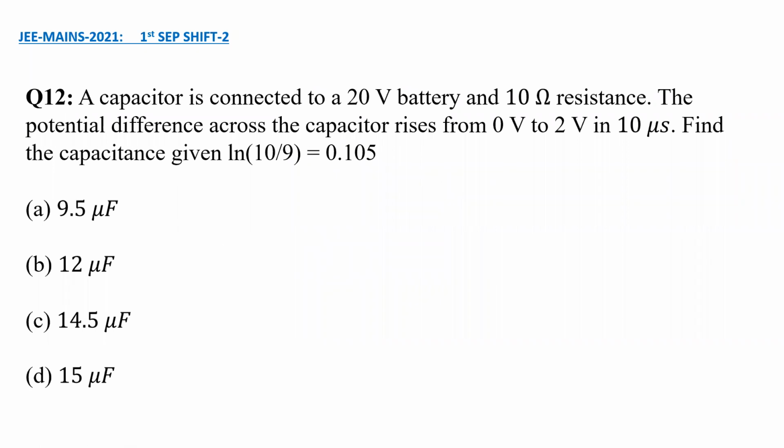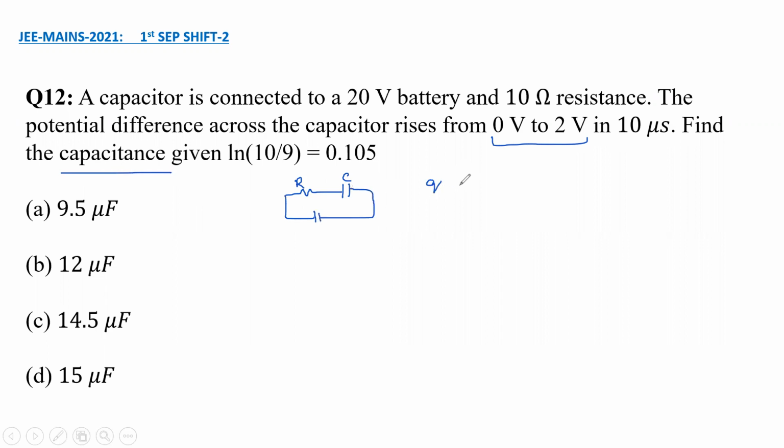Now we have the next question. A capacitor is connected to a 20 volt battery and 10 ohm resistor, and the potential across the capacitor rises from 0 to 2 in 10 microseconds. We want the capacitance. So we know that in a simple capacitor which is initially uncharged, okay, if it is connected to a resistor and a battery,